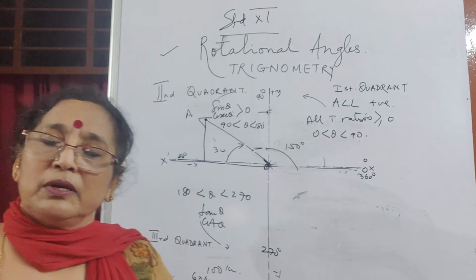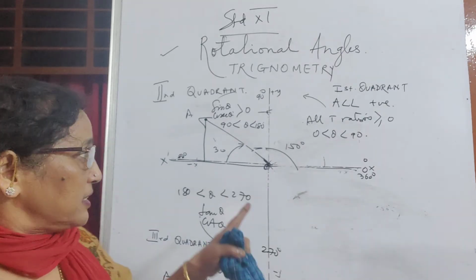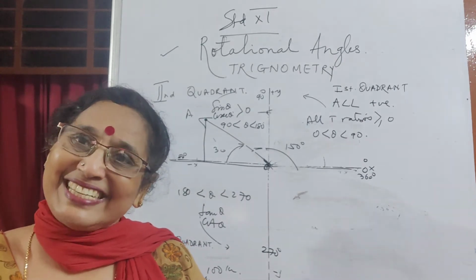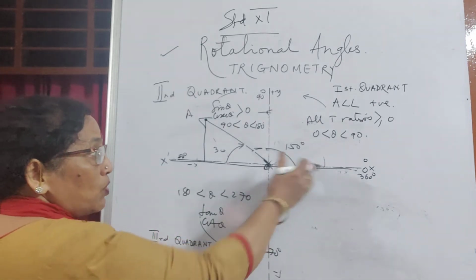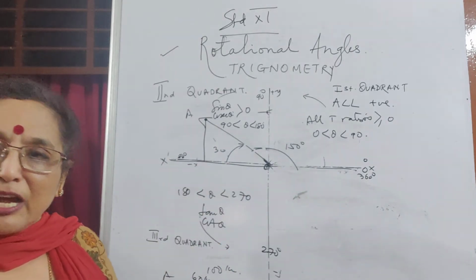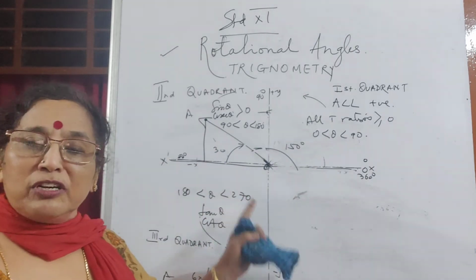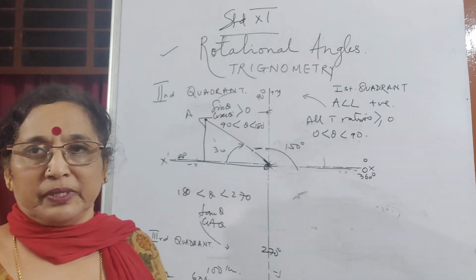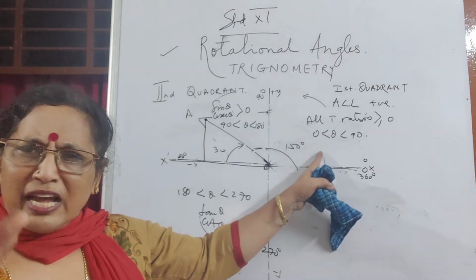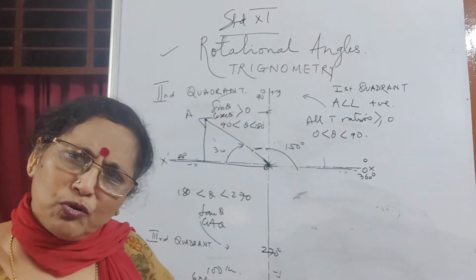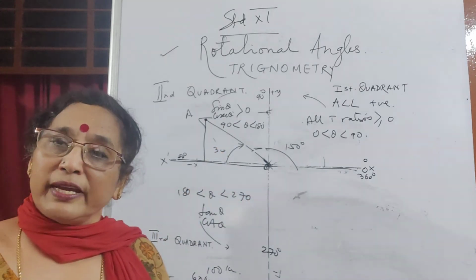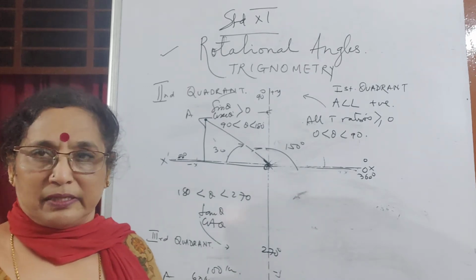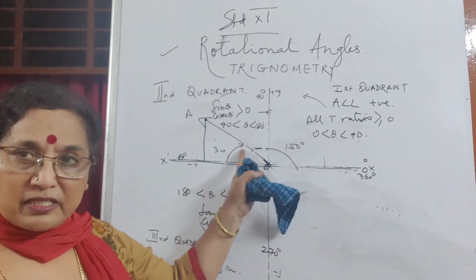Whatever the value is, suppose I say tan of 210 degrees, that is 180 plus what? How much more than the baseline have you got? So I'll come to that. If you're in the third quadrant, you write 210 as 180 plus 30. This is an acute angle, you won't do anything because for an acute angle you know the values. For an obtuse angle, it will be 180 minus that. 150 is 180 minus 30.